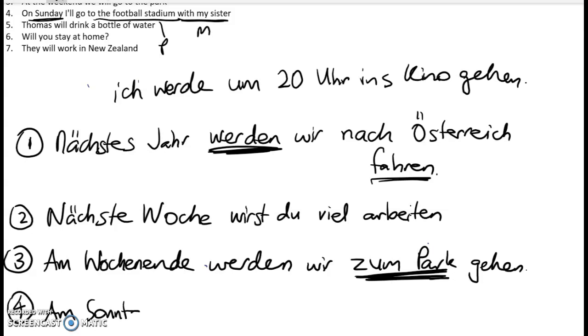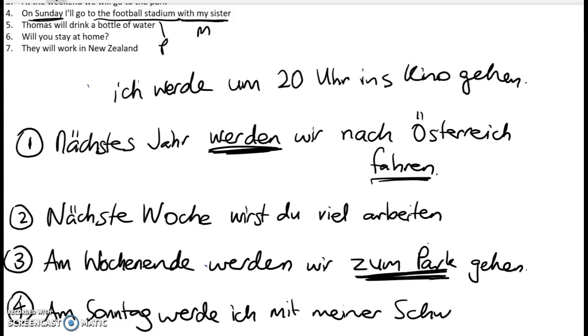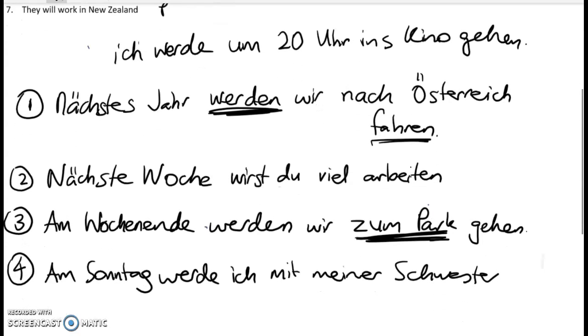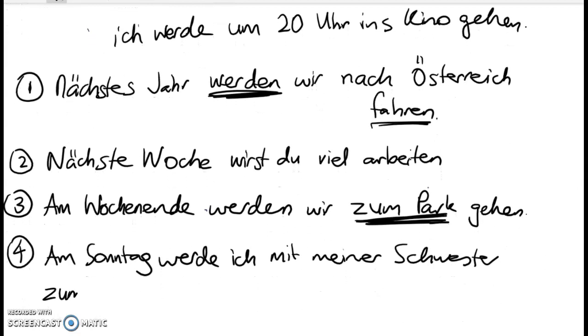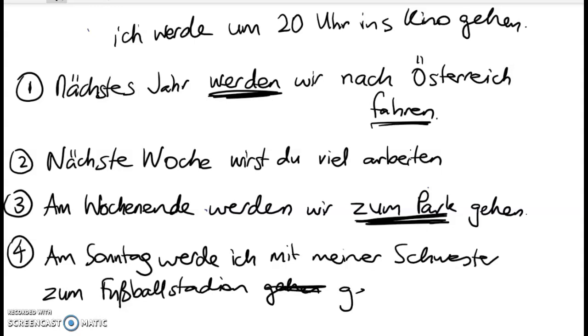Am Sonntag werde ich, I will, werde ich mit meiner Schwester zum Fußballstadion gehen. Right, so one thing to notice here, sorry guys if you're having trouble reading that, let's write that a bit better,